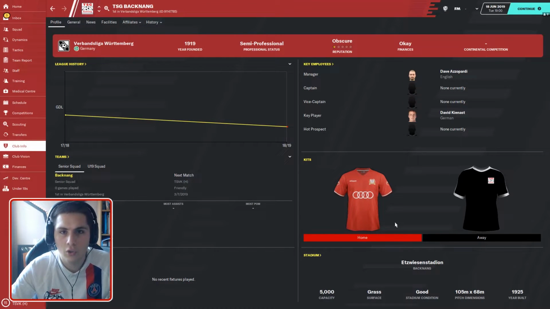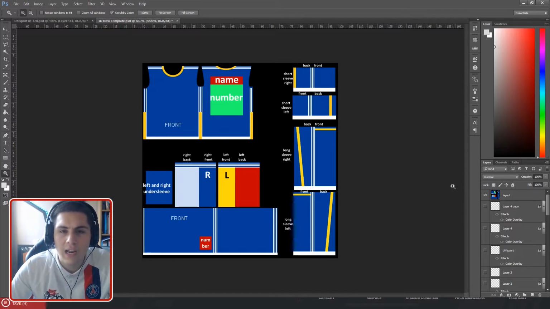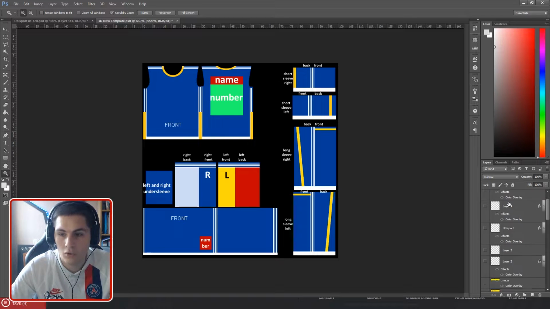So now we're going to move on to the 3D kits, guys. So again, a link for this is in the description down below. It's going to be another media file, and it's going to be another PSD file, so you can edit it. So once you've downloaded the file, again, this is going to look a little bit of a confusing one. You'll have a file or file something similar to this. It may look slightly different to start off with, to be fair, but at the top of the file, you'll